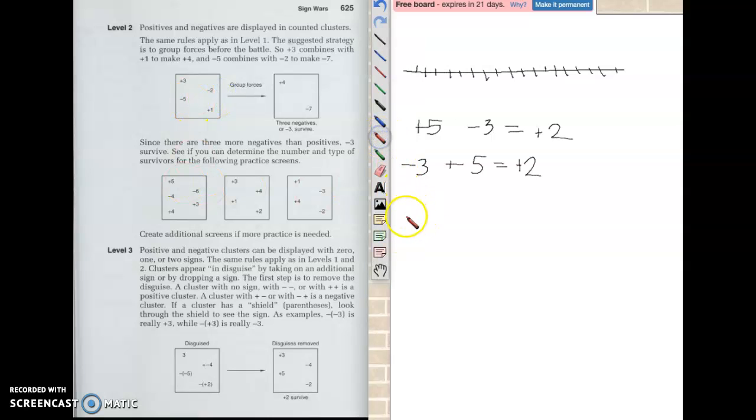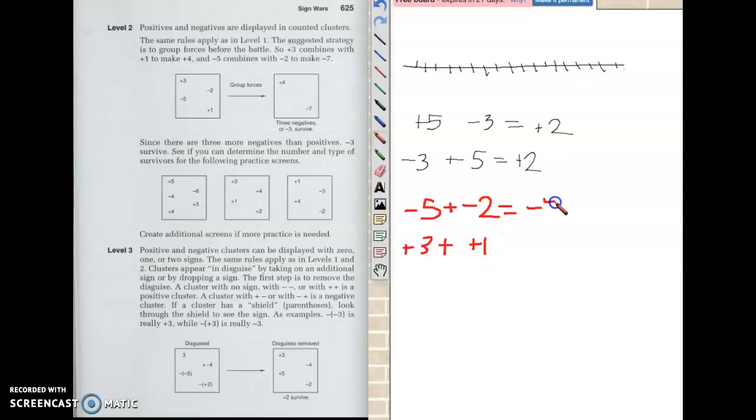So it's negative 5, and we're going to add plus negative 2 because we're grouping them together. And then we also have positive 3 plus positive 1. So here we have a total of negative 7 and positive 4. Now, if you add those together, positive 4 and negative 7, you have a total outcome of negative 3,